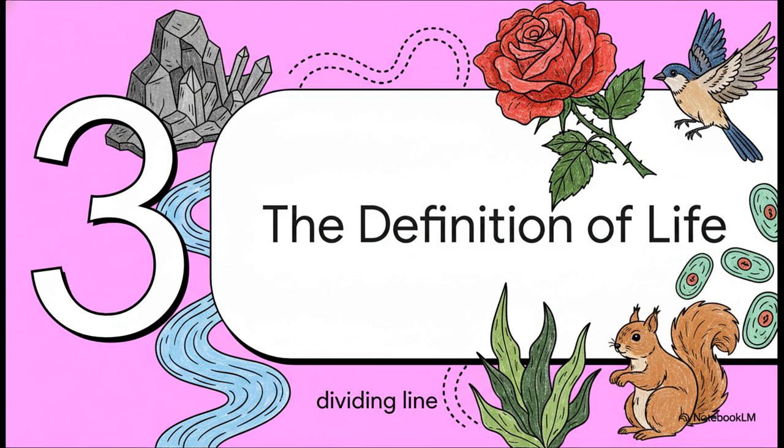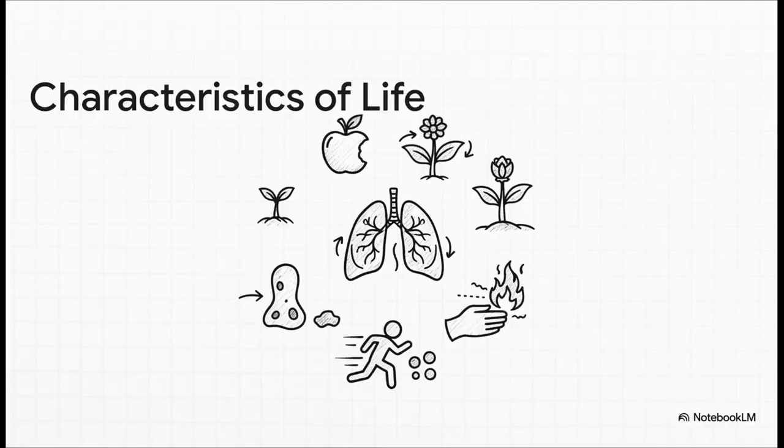What's the real, fundamental line that separates something like a rock from, say, a rose? Well, science gives us another kind of checklist for this one. To be considered alive, an organism usually has to check off a few key boxes. It needs food for energy, it has to grow and develop, it respires, which for us is just breathing, it gets rid of waste, it responds to what's going on around it, like when you pull your hand away from a hot stove. It reproduces, and shows some kind of movement, even if it's super slow, like a plant turning